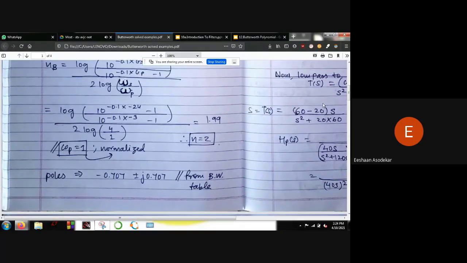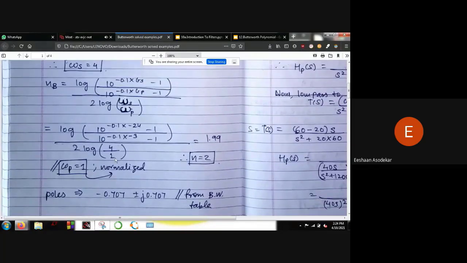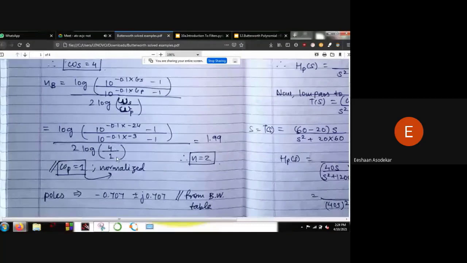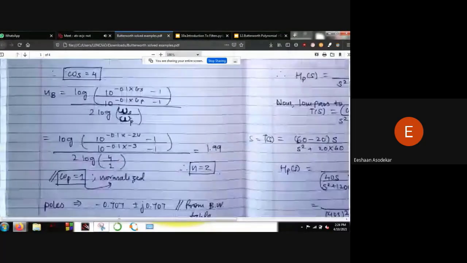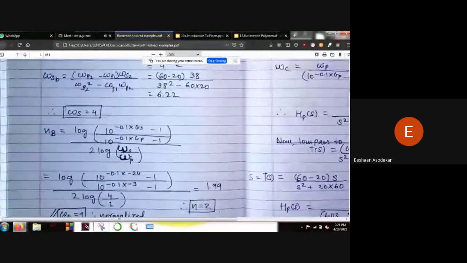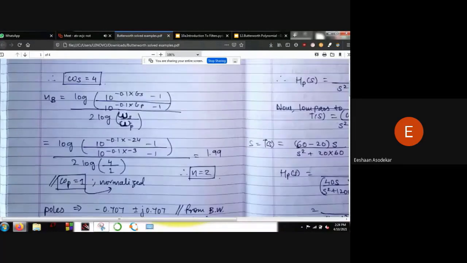and that you will come to know intuitively. Also, another thing is that we start by designing it in a normalized way. So basically we design the prototype first in a normalized fashion. So we take the omega p as 1 and the omega s as it has been mentioned in the question, as we have calculated here, the lowest value of these 2 parameters that we have calculated over here.